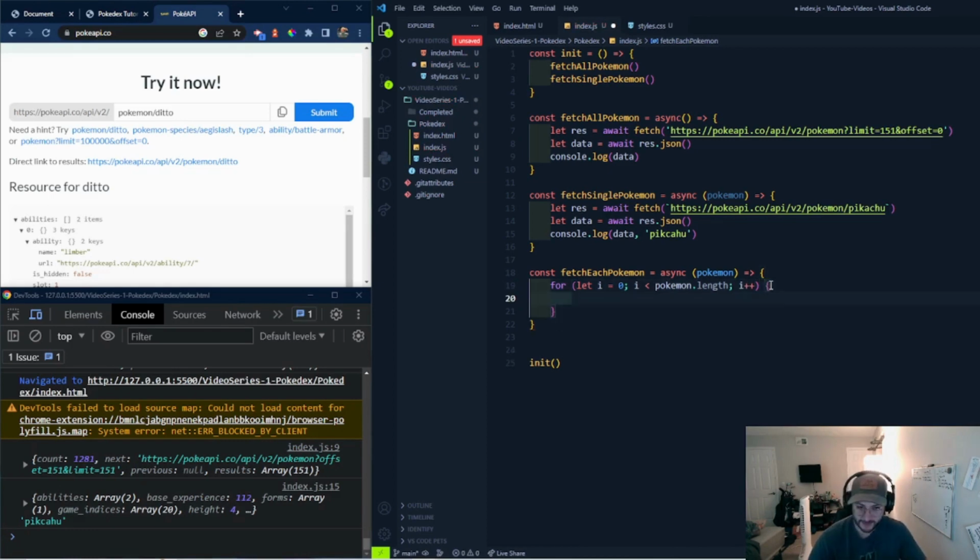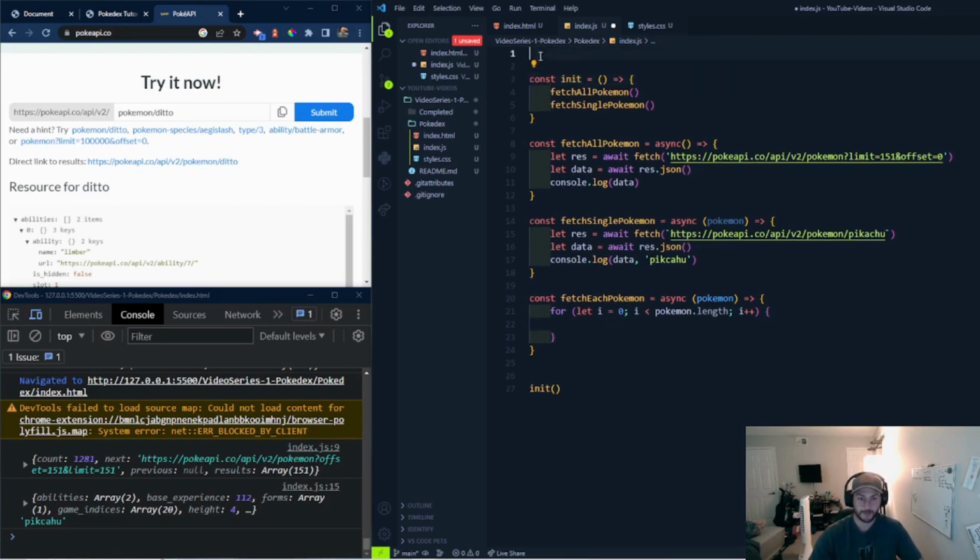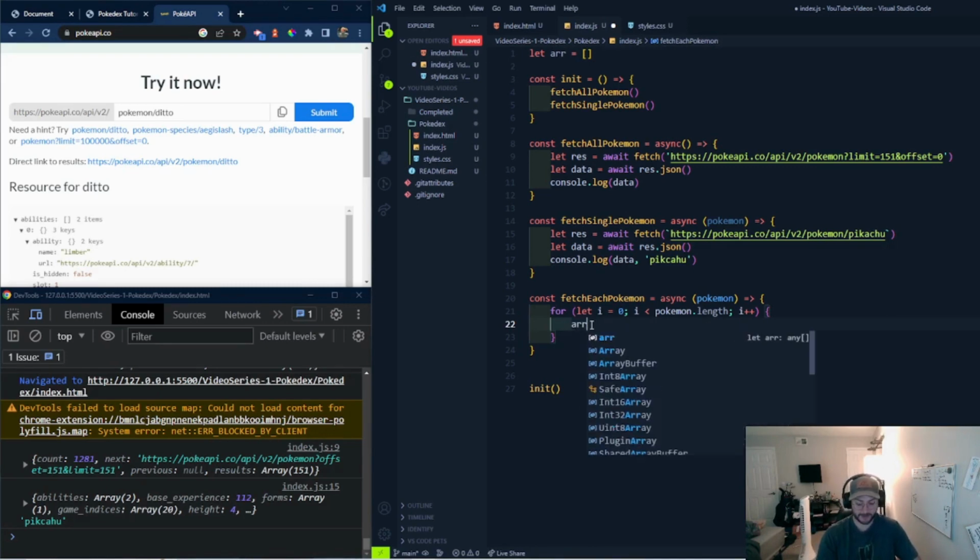Now for this, we're going to need to push the information into a new array. So let's go ahead and make a global variable called AR, short for array. You can name it anything you want. I just picked array for short. So here we're going to be doing AR.push,